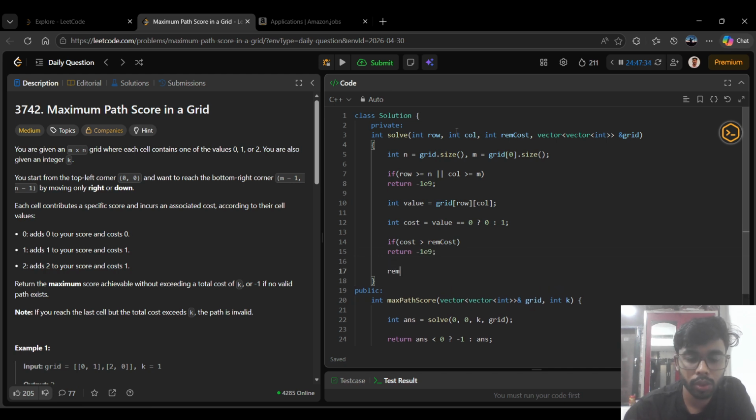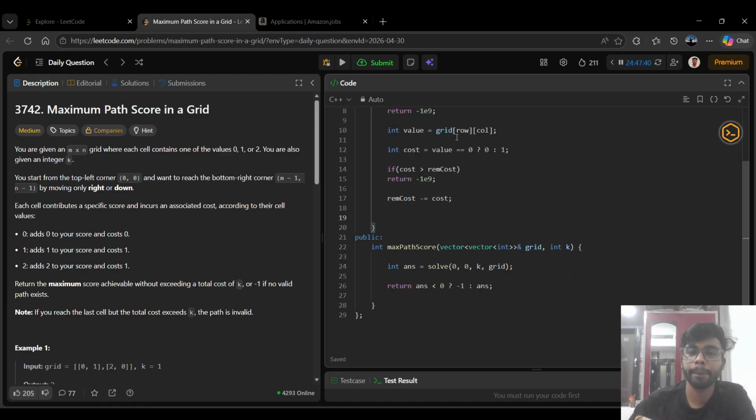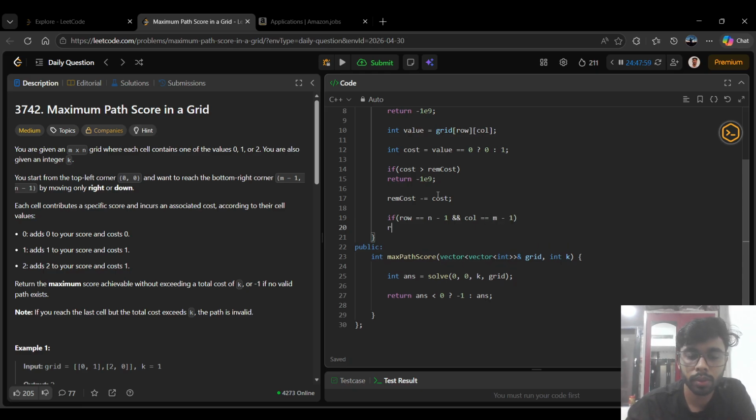Otherwise, I have to change the remaining cost. And if I have reached, if row equals n minus 1 and column equals m minus 1,